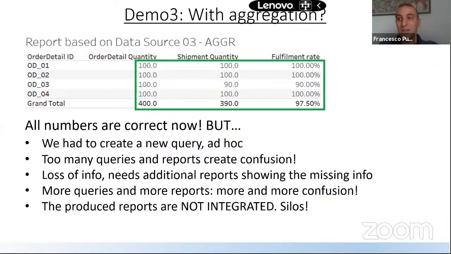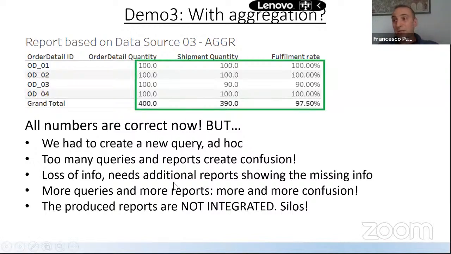You don't have this information here. So you need to create another report where you give the detail of the shipments, but that report cannot have the comparison with the orders, because otherwise you have that duplication, which gives you a 500 instead of a 400. So somehow it's a patch that you pull according to your need, but you're always having some side effect, and that's bad.